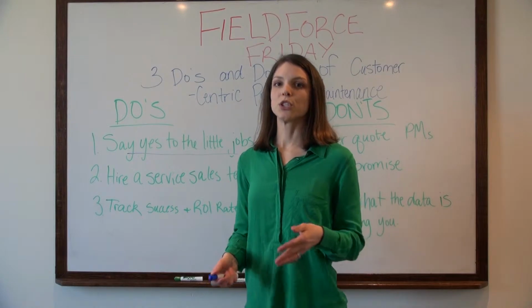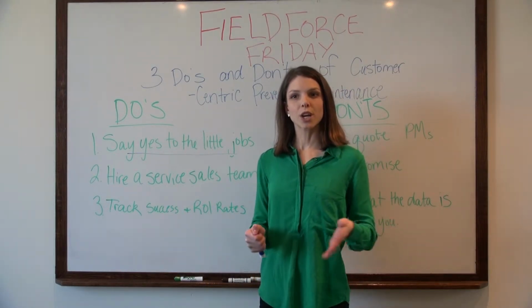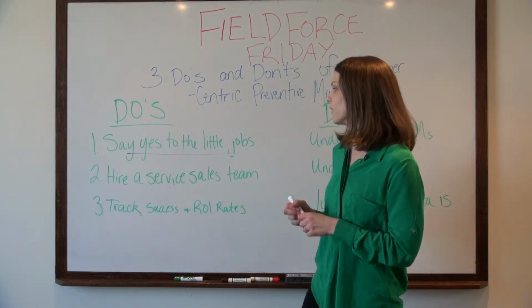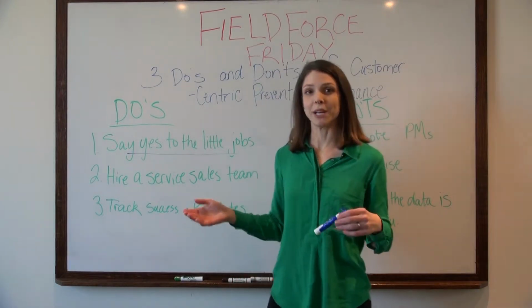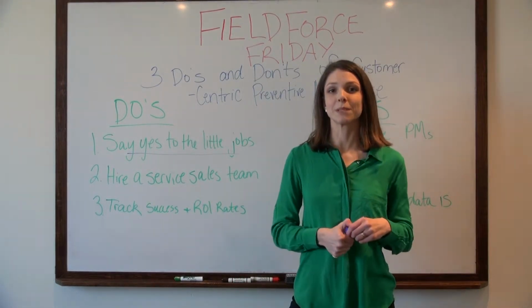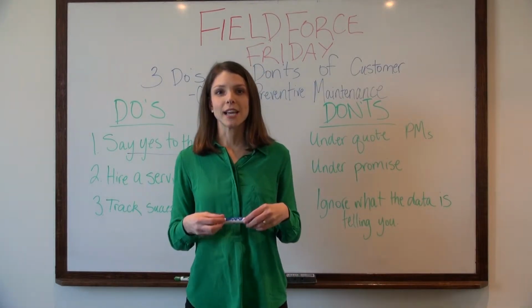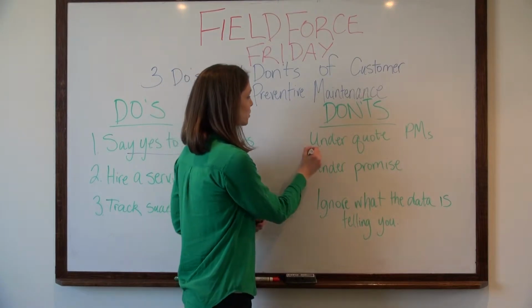So if someone asks you to change their oil, while that might not be the most lucrative job for you to do, it will build that trust, and so you'll be their go-to team when they need a bigger, more expensive service job done. Likewise, to maintain your status as trusted advisors, that leads into our don't, which is don't